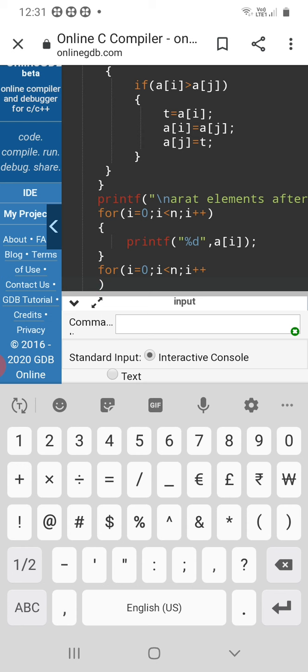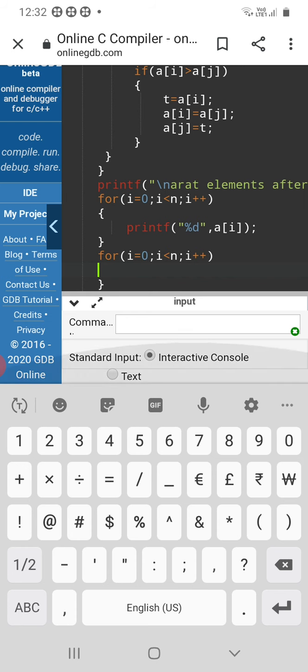Next, for descending sorting we also have to use a nested for loop. Here again using a nested for loop.